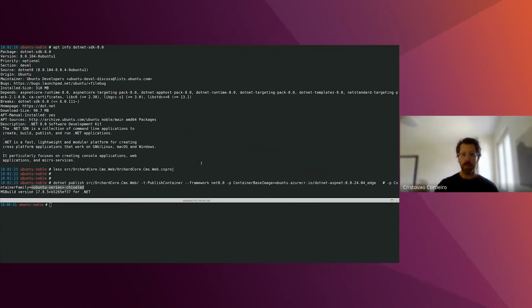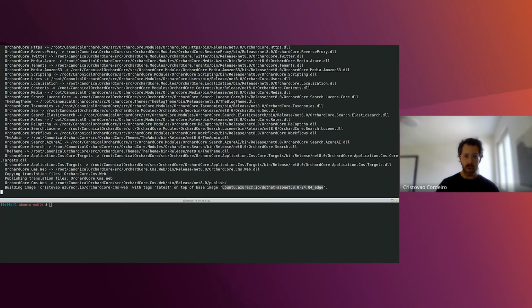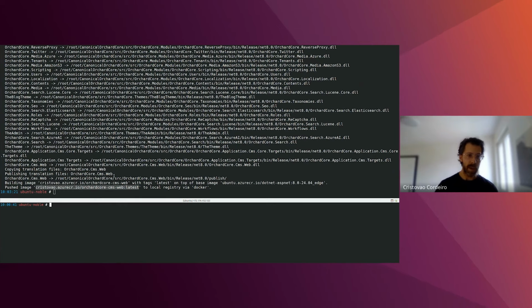where we can see that we are building the image. That's the target image that we have defined in the project, and is being built on top of our ACR chiseled Ubuntu image for ASP.NET, right? And we got the final image here. We are going to quickly upload it to my own private registry, which is, by the way, it's my name,